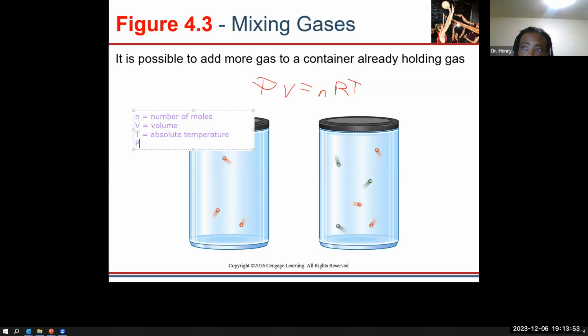P is pressure. And R is the ideal gas constant, which we know has a value of